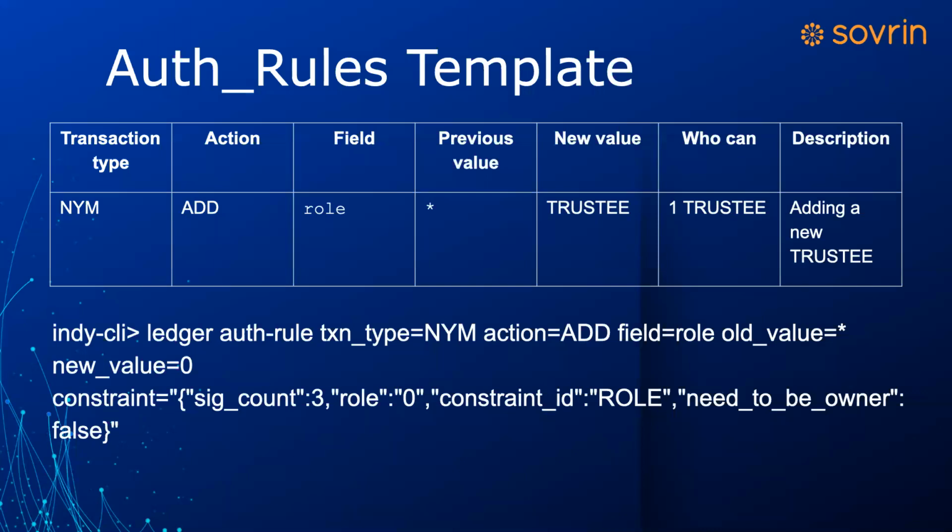That's why we have that auth rule map. It shows all of the auth rules that are possible, minus a couple. As that gets outdated, there'll be a few new things added. But I guess for his question, previous value really has no relation to the action of adding a new trustee. Previous value only has meaning when editing the auth rule. Is that right? Yes. I think it's the opposite.